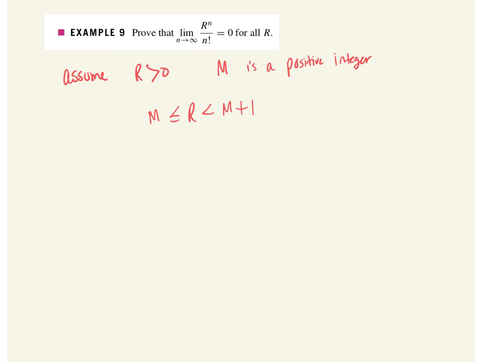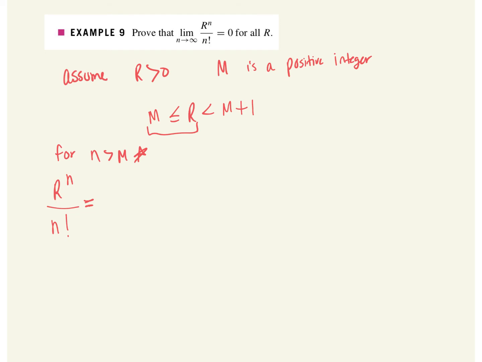So now, if, for n, referring to the amount of times that I list out my sequence, the amount of terms, for n being larger than m, this is important. Okay, let's take a look at exactly why this is important. So n, the amount of terms that I'm listing, is larger than m. Then r to the n power divided by n factorial would equal, with n being larger than m, as well as r being larger than m,